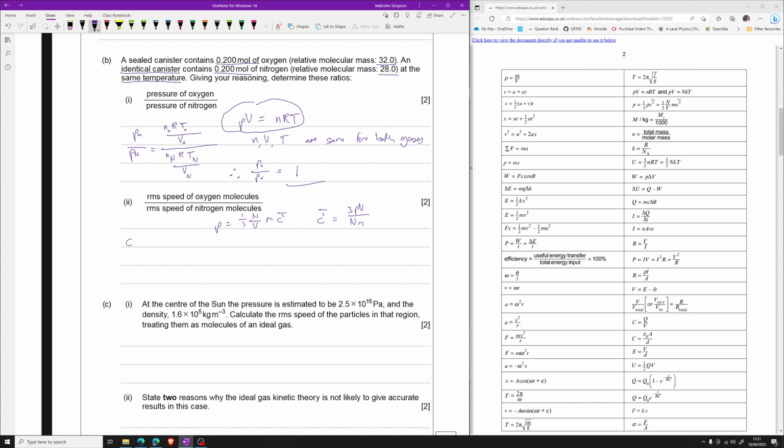Therefore, c bar oxygen over c bar nitrogen is going to be equal to the square root. Don't forget the square root. Square root of 3P oxygen V oxygen over N oxygen m oxygen divided by 3P nitrogen V nitrogen N nitrogen m nitrogen,